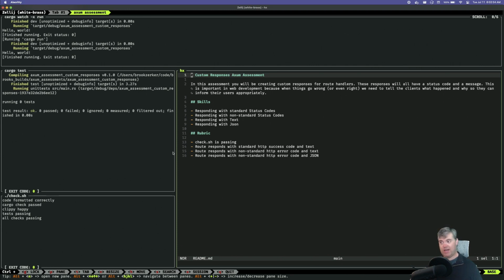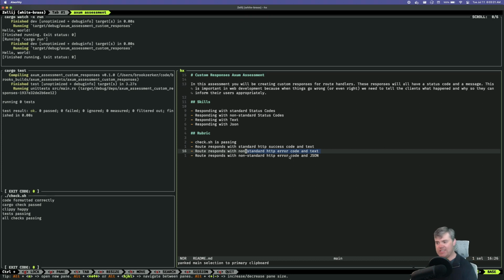So we probably just want a standard success code with some text, a non-standard code and some text, and then a non-standard code and JSON. And I think that together covers pretty much everything you want to do.